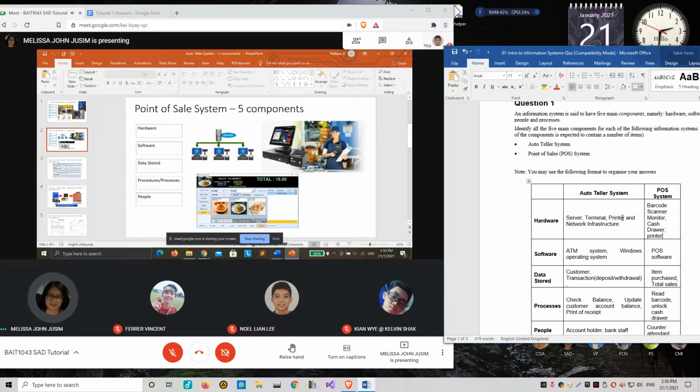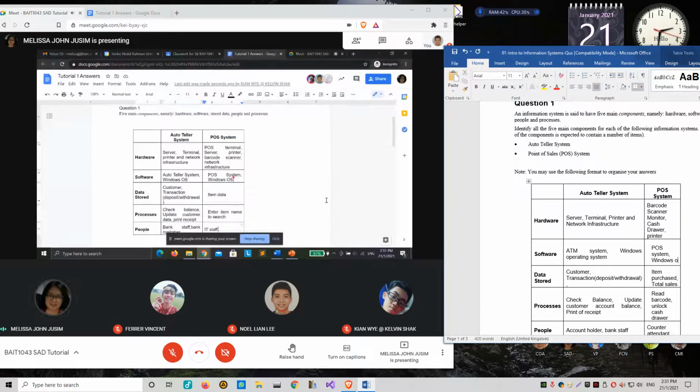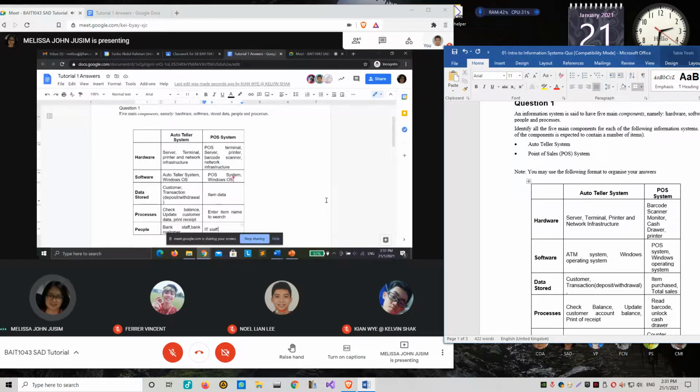Okay, how about the software? I'm sure you all know already what the software is. What should be the software? Windows. Yeah, Windows OS plus the POS system. Yes, correct. Here you can see this is a very tiny POS, point of sale system. The POS system, point of sale system, and Windows OS. Okay, so what should be stored in this system database in order for it to function?